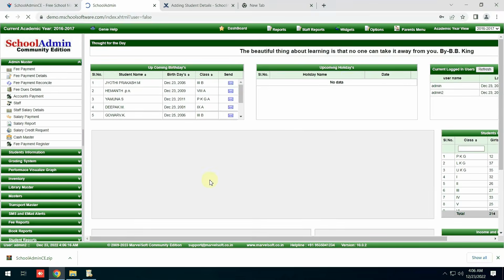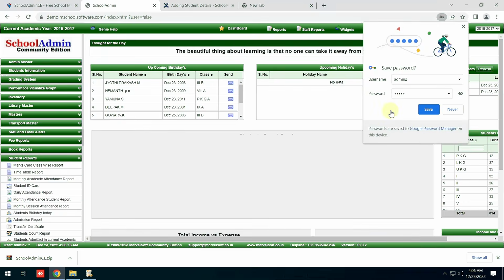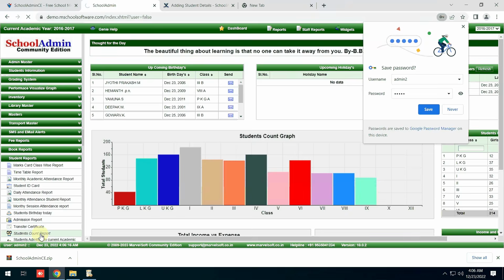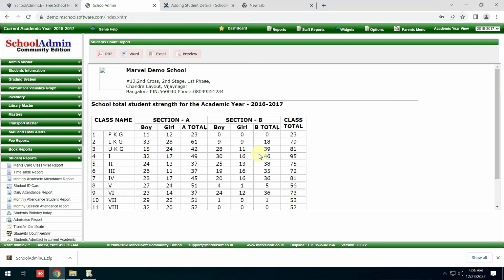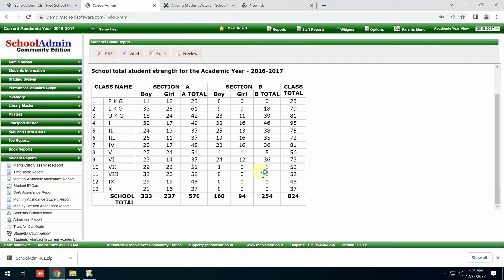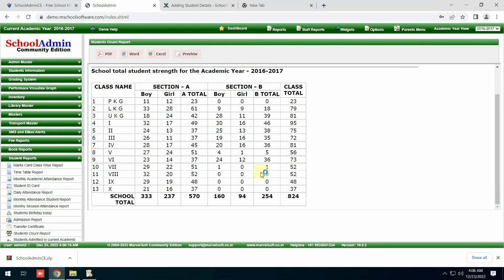So let's check student reports. Say I want to see the student count report. For any of the reports to generate, you should basically have the data. If you have the data, the corresponding reports will be able to generate. You can see here in the sample data we have pre-KG to 10th standard, total number of boys and girls in each and every class and section,